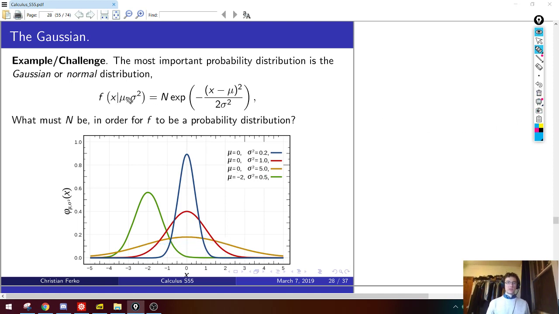Now, usually when you write this down, there's a very specific number that appears here, but I've removed that number and called it n. So now I'll ask you, what can we do to figure out what n must be in order for f to satisfy the definition of a probability distribution? Well, it's certainly greater than 0, but I need to think more. Yeah, that's one of them. What's the other thing it has to have?